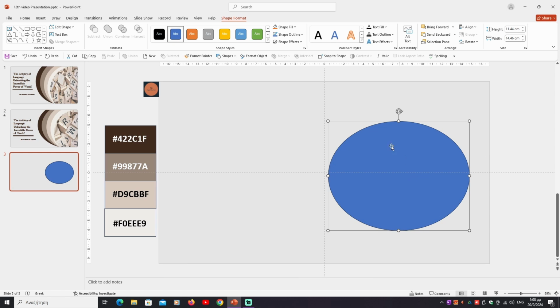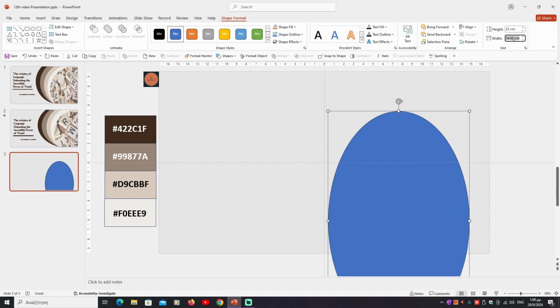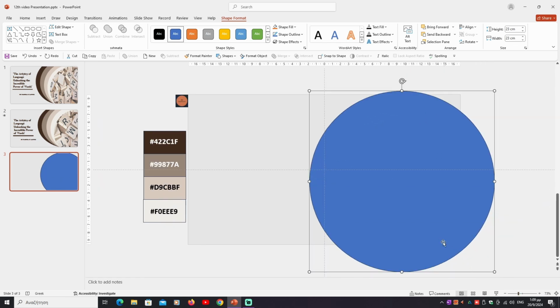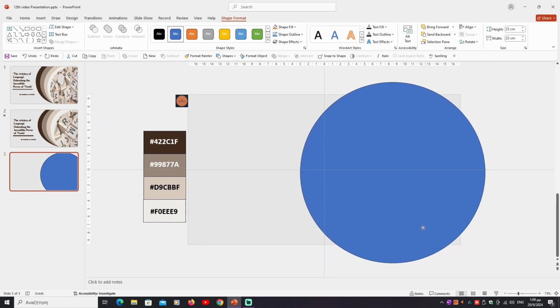So we go to shape format ribbon, to the right, height we put 23 centimeters, or if you have inches in your settings it's about 9.05 inches, and 23 centimeters to width. We put the circle in the position that we want,